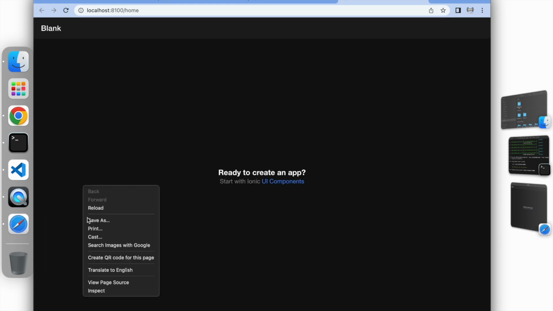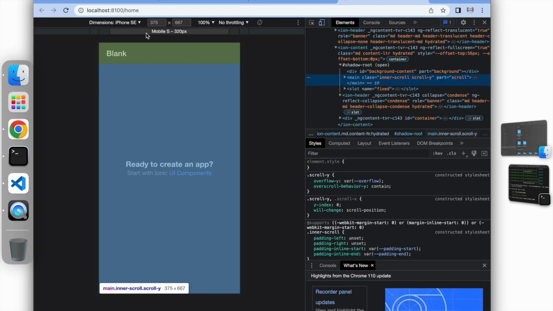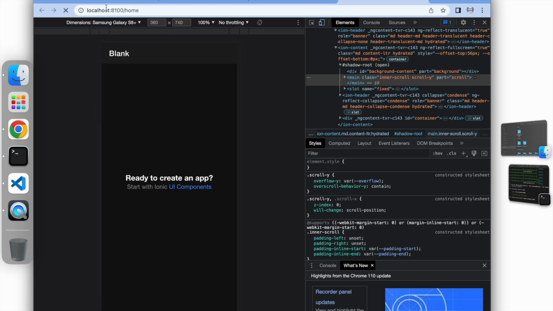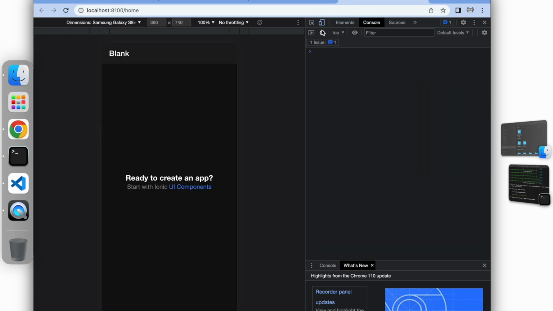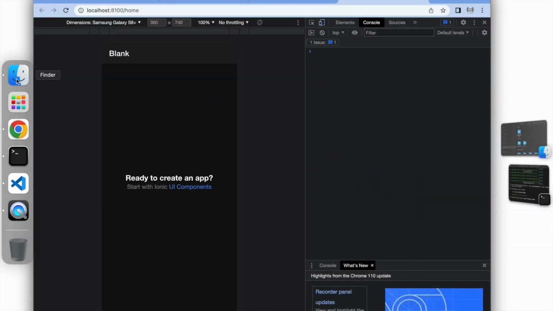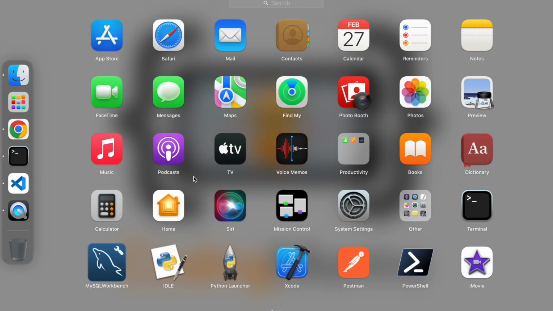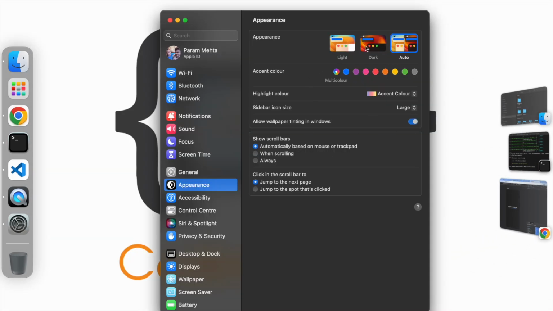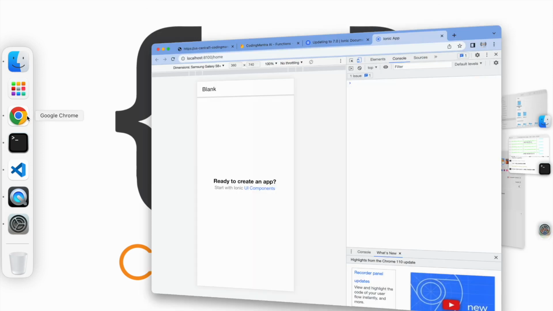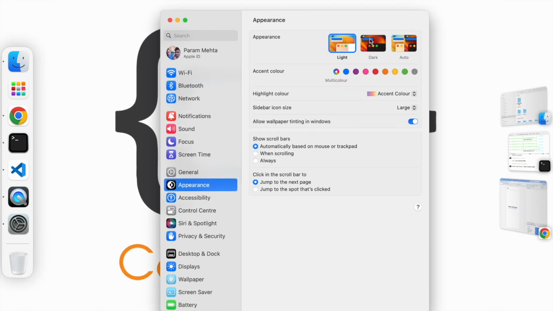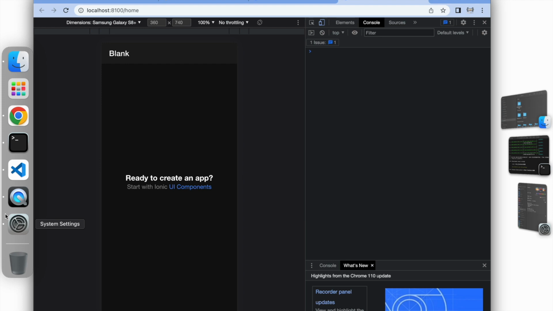Because I already have dark mode in my system, that's why we are seeing this dark mode. That is a basic behavior of Ionic. Now they support light and dark themes, so you can also disable the dark theme. For now, in my system I have auto mode, so since it's night, dark mode is enabled. If you see here, when we select light, the light theme is enabled for our project.